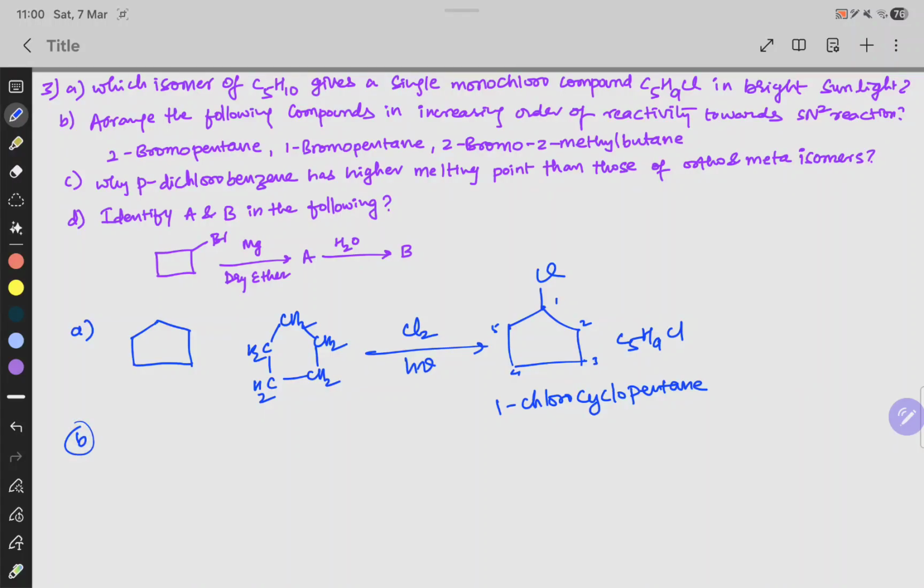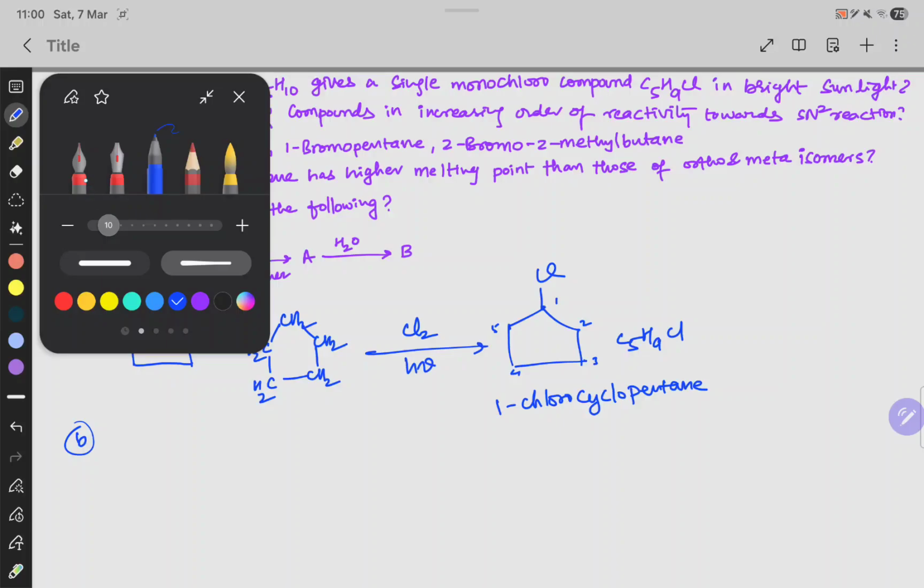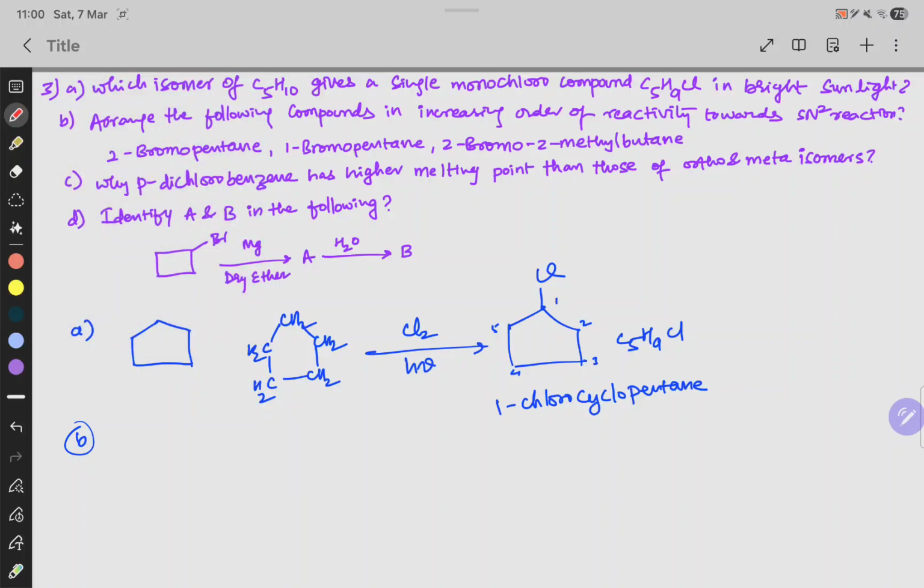Next, question B. Arrange the following compounds in increasing order of reactivity towards SN2. So here, SN2, 2-bromopentane. I am going to write the structures. 2-bromopentane means 5 carbons, we need to write 1 2 3 4 and 5. At the second carbon, suppose bromine is here, you need to balance the valence of 4, so one bond is finished, so CH3, 1 2 3 finished, 1 hydrogen I am writing here, here 2 hydrogens, here 2